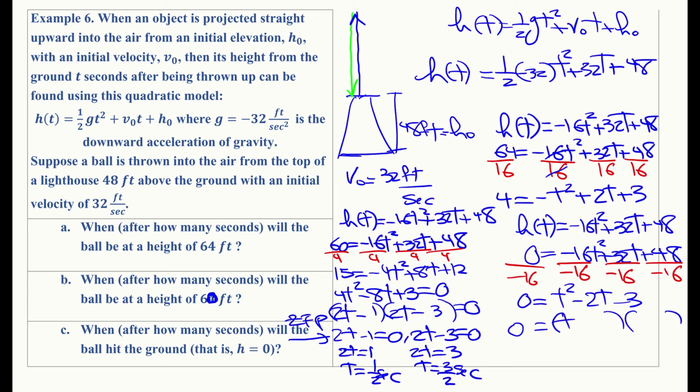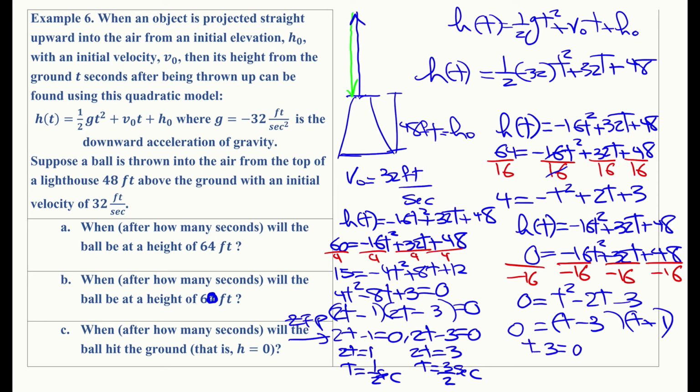So now we go ahead and factor the right side. We end up with t minus 3 times t plus 1. We do a quick check. Notice I'm trying to practice what I preach. I always check. First times first is first. Last times last is last. Inner product is negative 3t. Outer product is positive t. So we end up with negative 2t. So we have